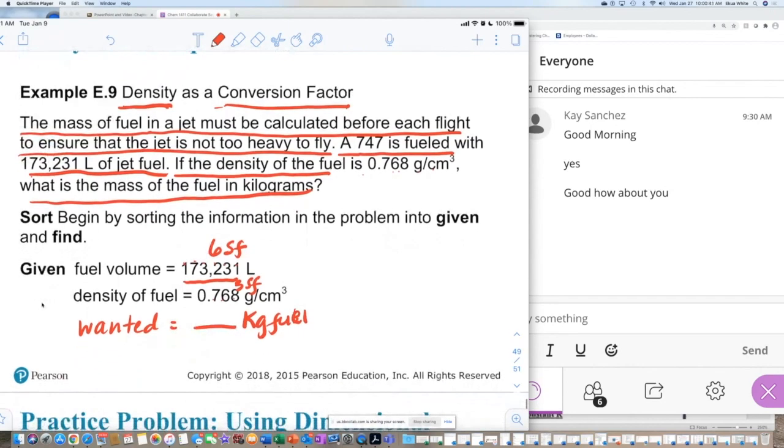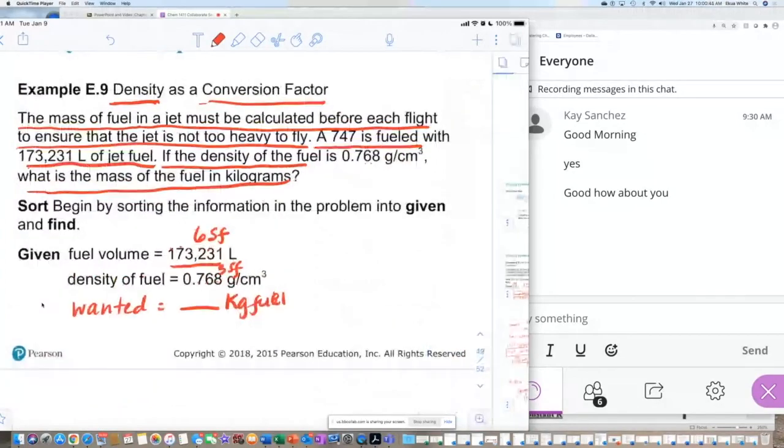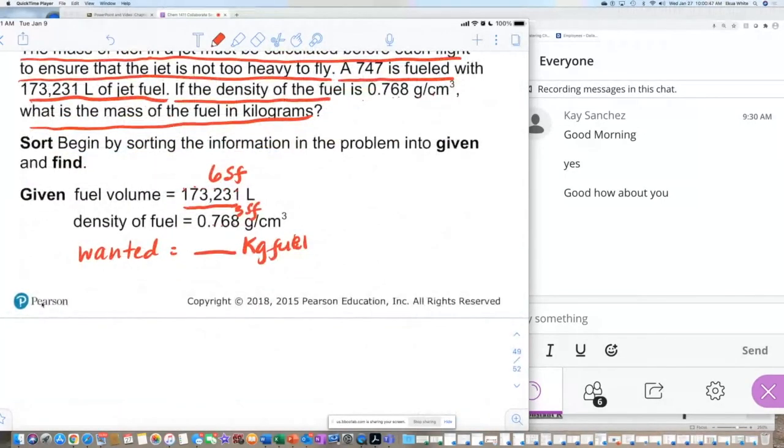Let's go ahead. I'm going to open up a new page here. I'll add a page because I like my space. So I have 173,231 liters, and I'm given the density of fuel as 0.768